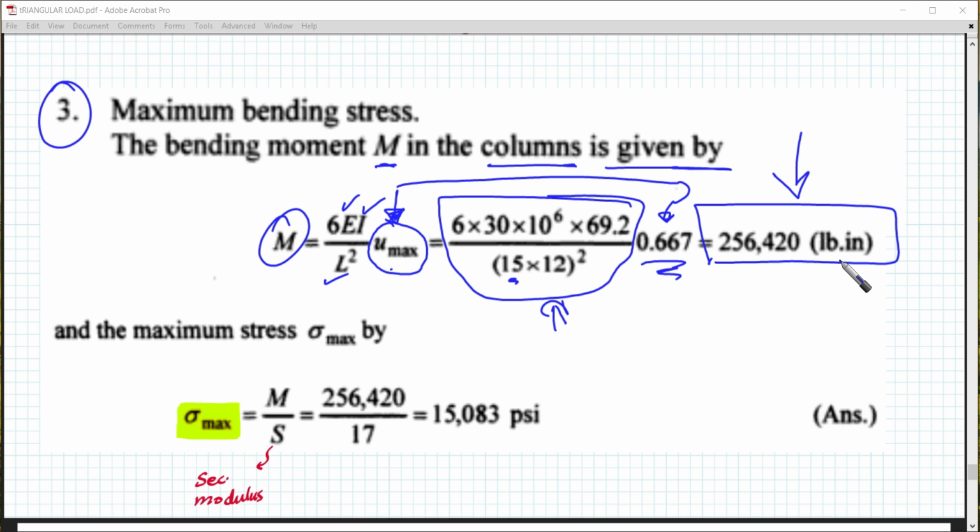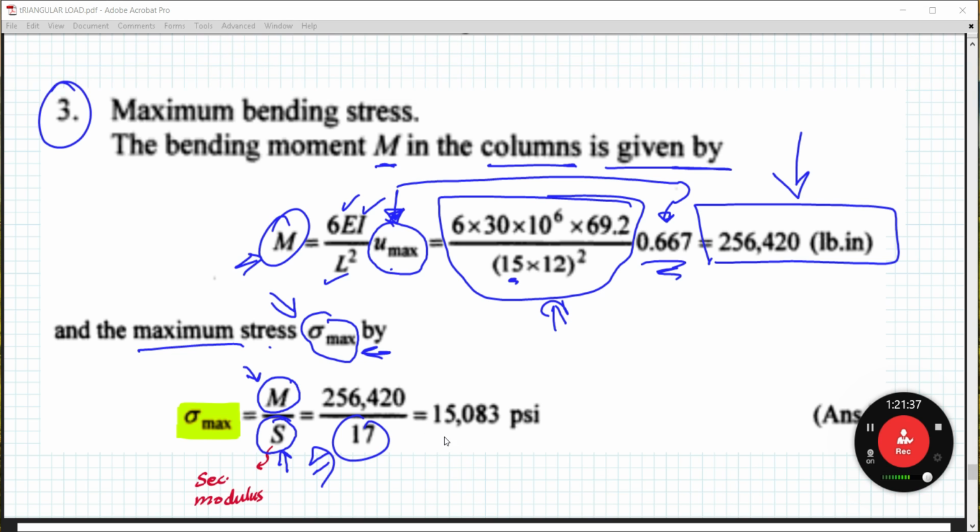It is 265,420 pound-inch. Then the maximum stress, because we are interested in the stress, not the maximum moment. The maximum stress is going to be equal to M, the moment, over the section modulus. In the beginning of the example, it was given for us. It was 17, if you remember, the section modulus of our system. And based on that, we are having 15,083 pounds per square inch. This is the maximum